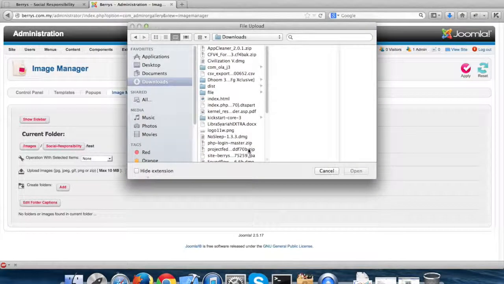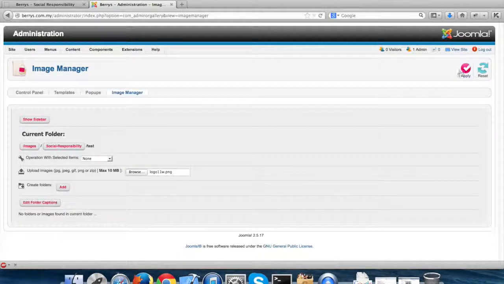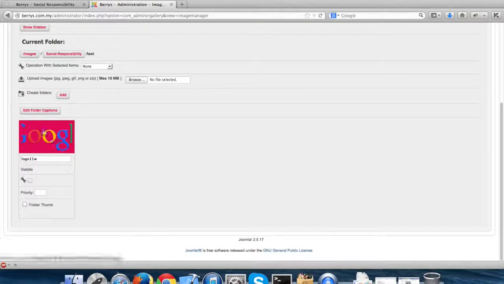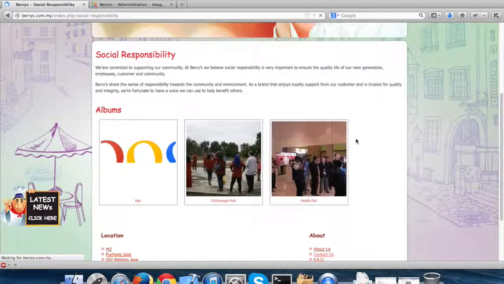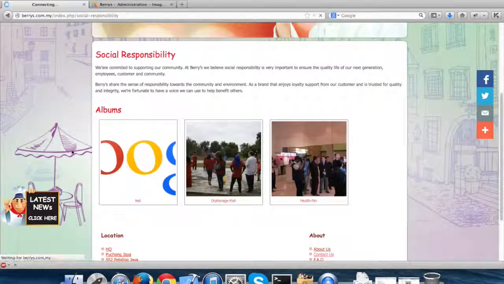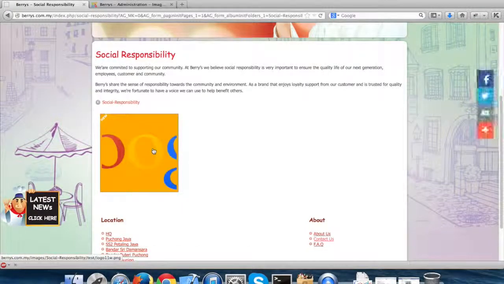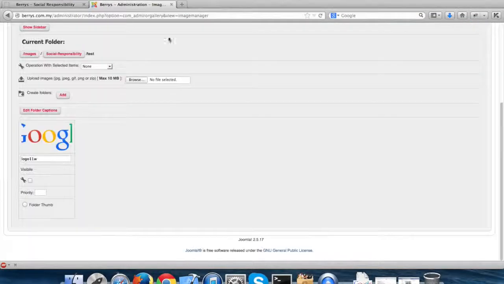Now I'm going to upload an image in there. I'm going to upload the same logos and click apply. The image is in the test album. Now we go there and refresh the page. Now you can see this album has come. When I click in there, we will see there is only one image, and when you click on this image, the image will be full screen. There is nothing else you have to do.